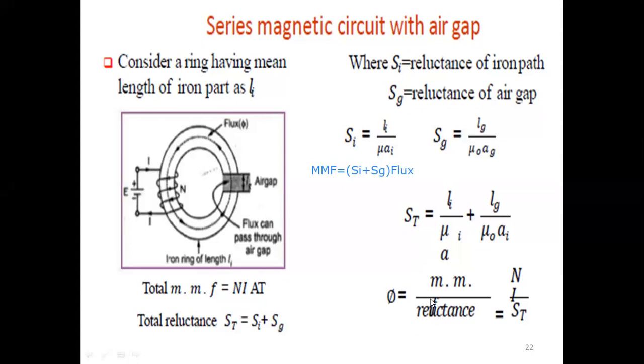We can use HL, NL, S phi. It is nothing but reluctance into flux, number of turns into current, or field strength and length. There are 3 formulas for the MMF. Any one formula, whichever one they have given, according to that you have to use that one. Understood? So we'll take one simple problem.